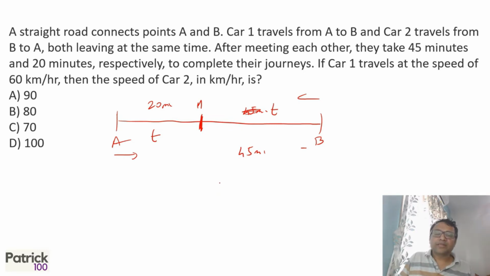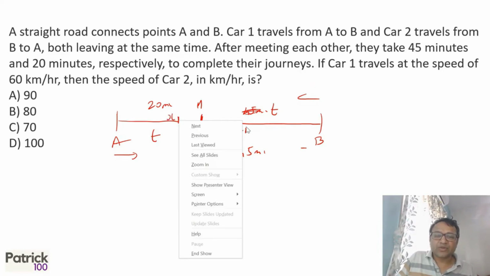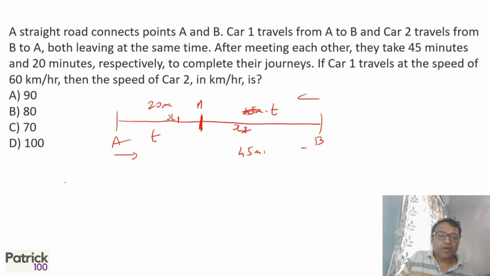One way to go about this sum is to take the ratio and solve. Now if you look at distance, it is the same ratio. Let's say this distance is x1 and this distance is x2, or you can take x1, x2, whichever way you're comfortable. So if I take a ratio of distance x1 upon x2 for the first travel, when I'm traveling for the first time, distance is what?